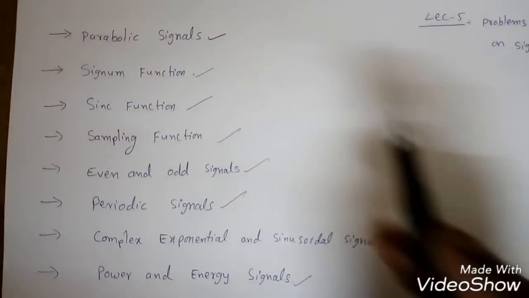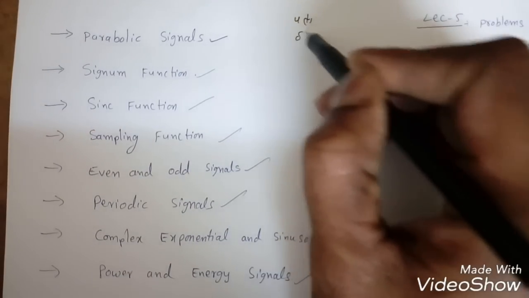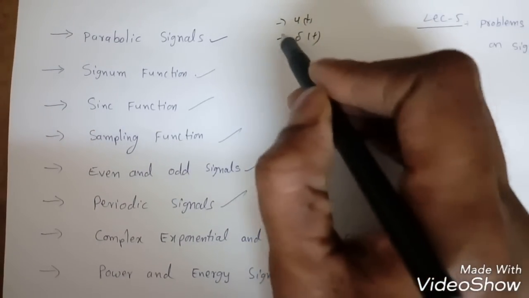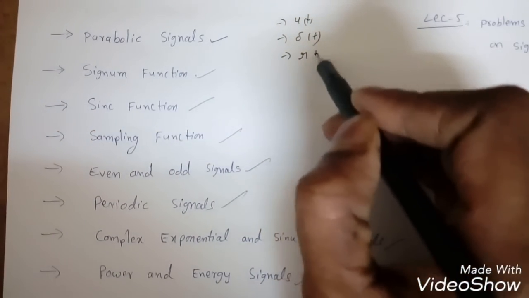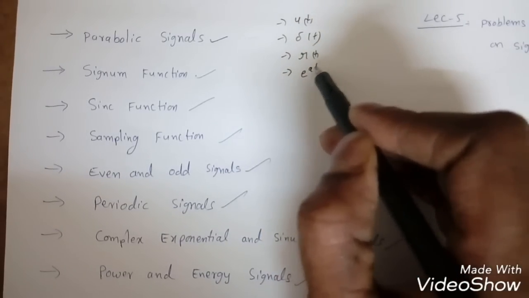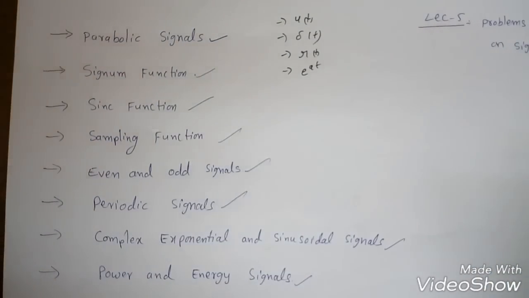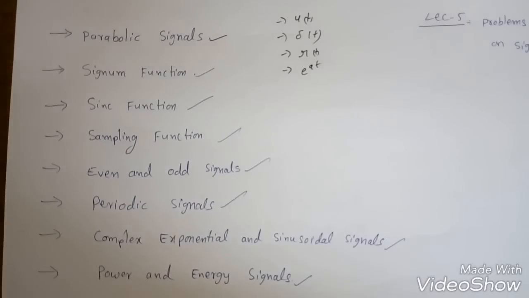We have discussed some signals like unit step, delta t, that is unit impulse, ramp signal, that is r of t, etc., and exponential signals e to the power at. Now we are going to see some more continuous signals, but before that,